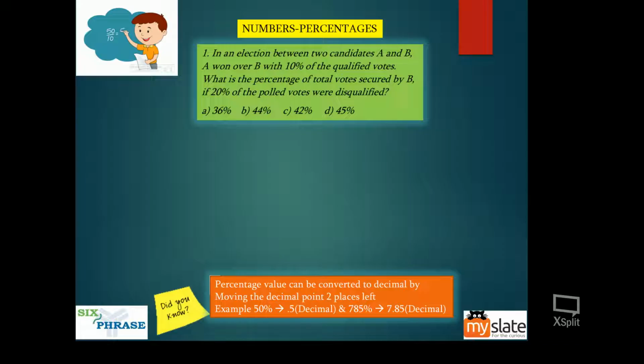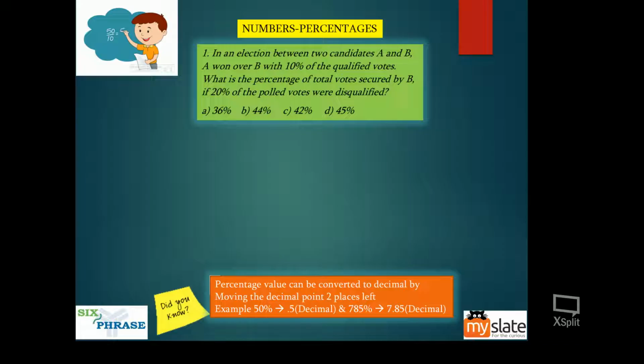Now what happens is 10% of those people press more than one button. They press either 1 and 3, 2 and 3, or 2 and 1. They press more than one button. And if you press more than one button, automatically your vote will get disqualified. I mean, it won't be taken into account. So out of 100, how many people got disqualified? 10 percent, which is 10, right? So actually 90 votes are the qualified votes.